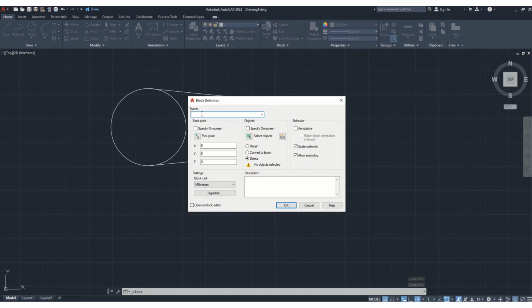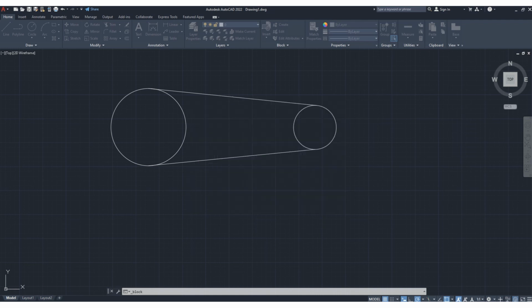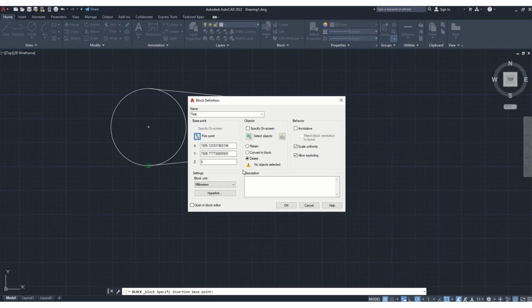Now we need to give one name here. Suppose this is test block, and you have to specify the pick point, first point, then x and y position will come. So click here, let's say this one, and now specify